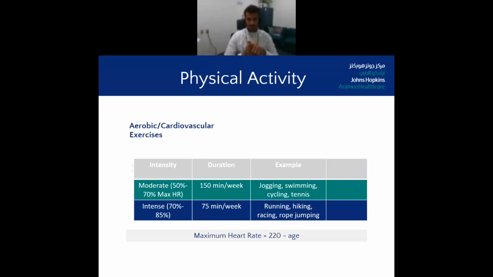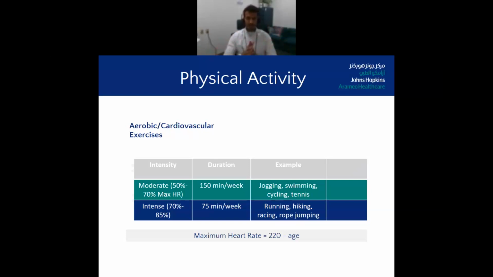That's almost 30 minutes for 5 days, or more for fewer days. And that's the bare minimum of physical activity we want in order to achieve our goal of lowering our blood pressure. Examples of moderate intensity exercises are jogging, fast walking, swimming, and cycling,